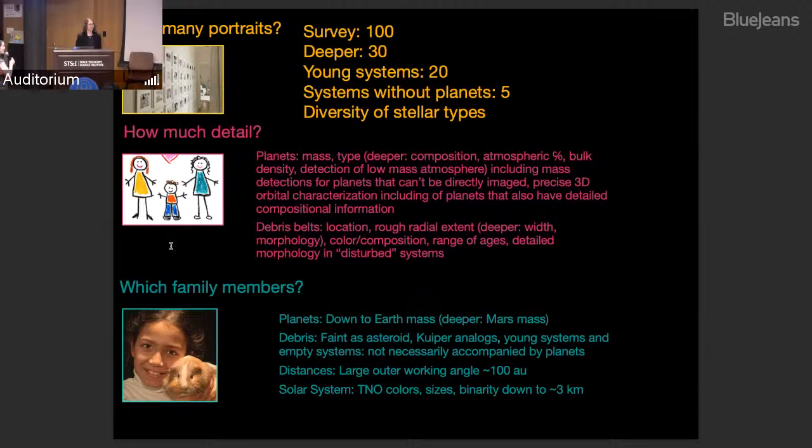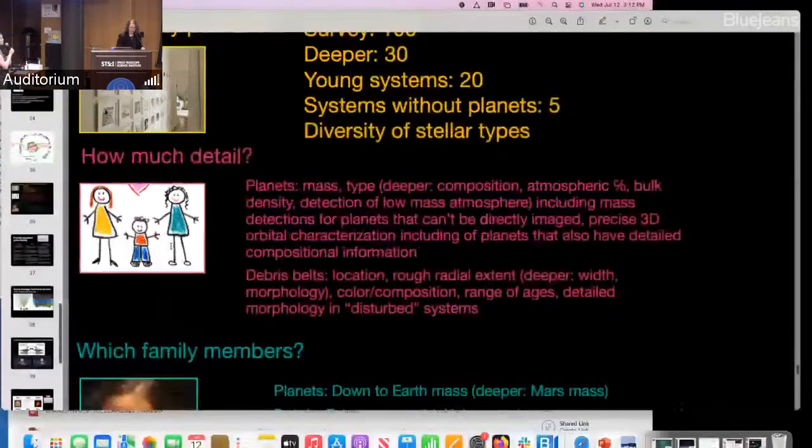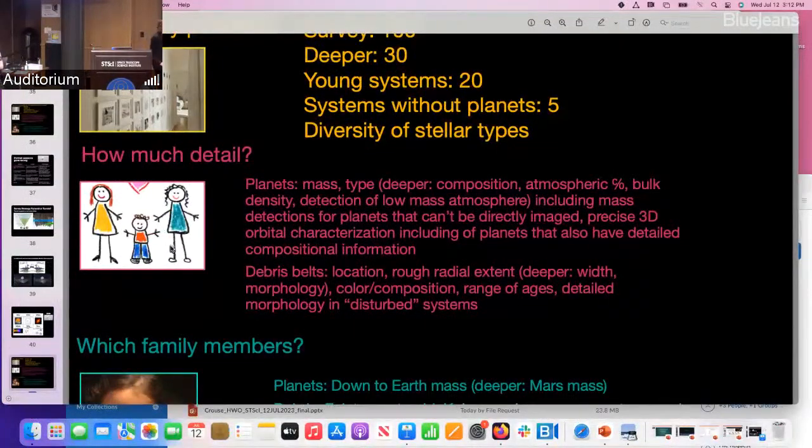All right, great. Let's thank Becky for the excellent talk. Okay, so our next speaker is going to be virtual. Tiffany Kataria at JPL, who will be talking about assessing conditions for the origins of life with Habitable Worlds Observatory. So let's see, I think she needs to share her slides somehow, and I'm not sure how to make that happen.